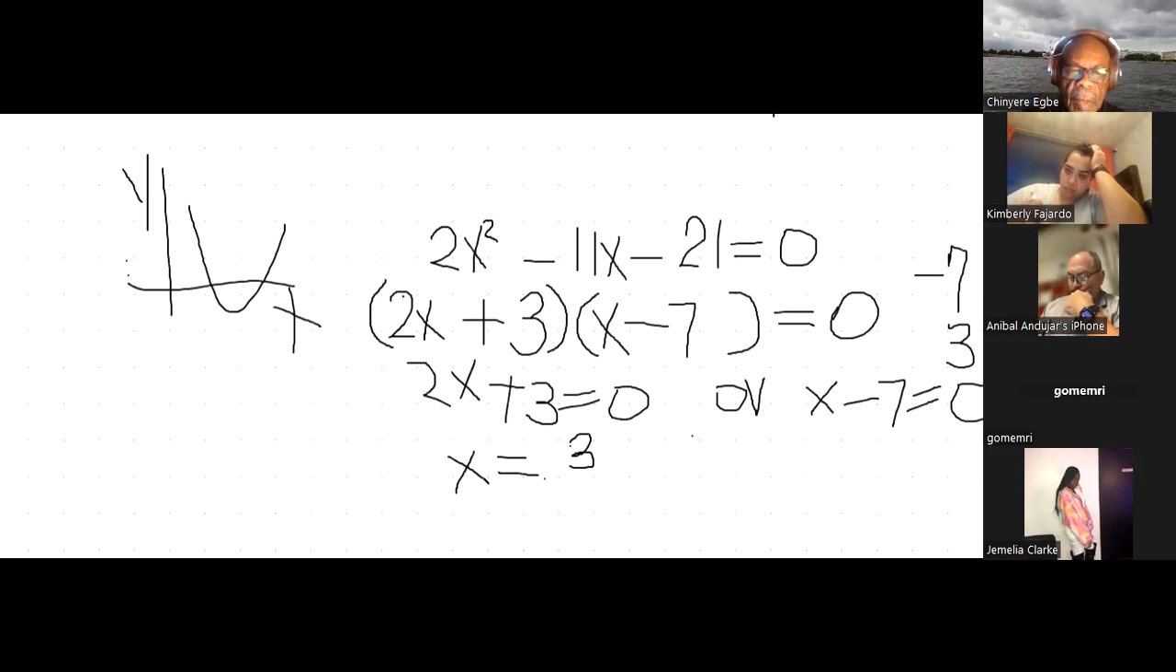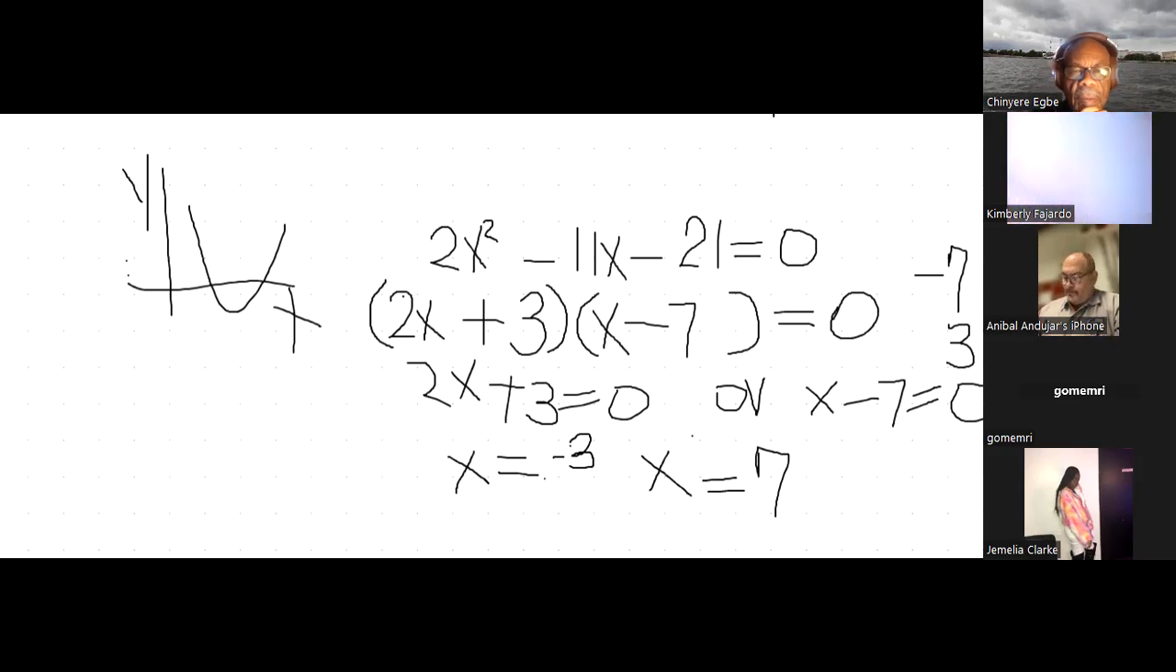x is a negative 3 or x is a positive 7. You get that? Yes. Okay. So it's either x is a negative 3 or x is a positive 7. That means that if you look at this equation,